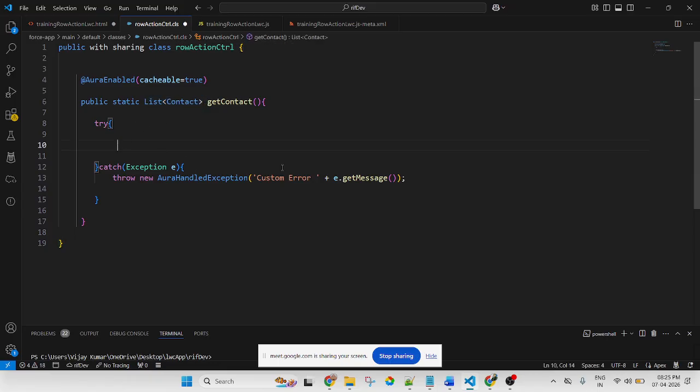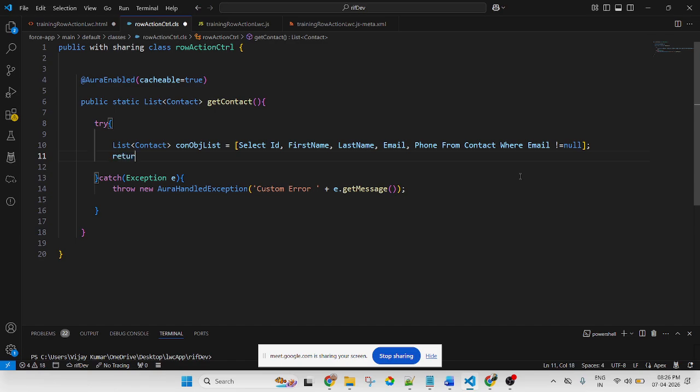Here I am fetching a list of contact records: list equal to select Id, FirstName, LastName, Email, Phone from Contact where Email not equal to null.